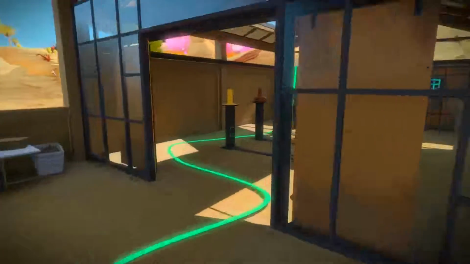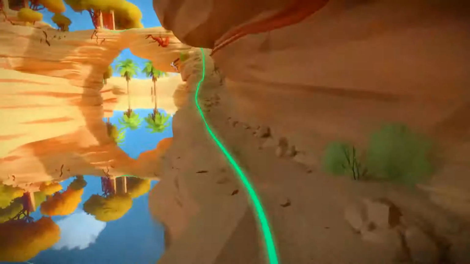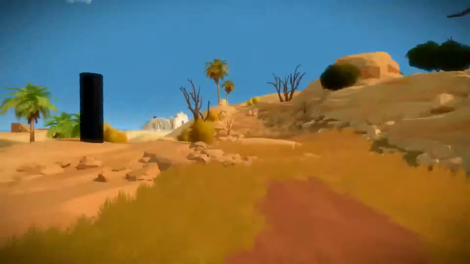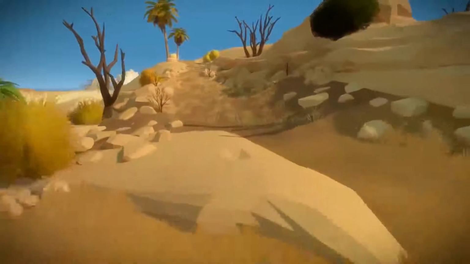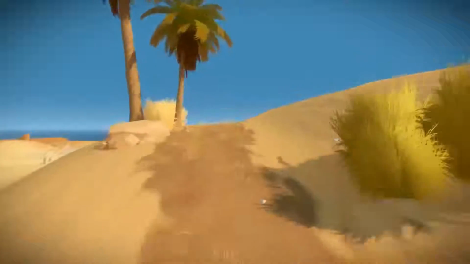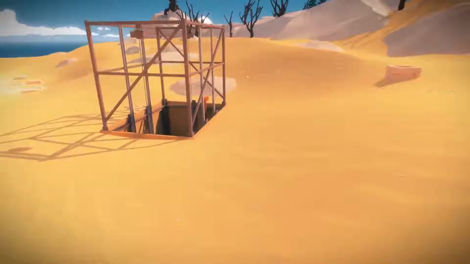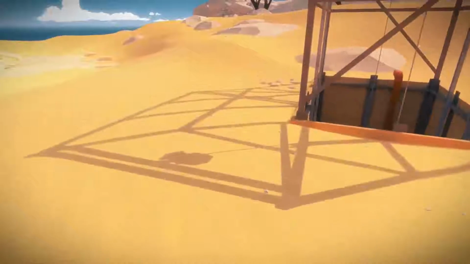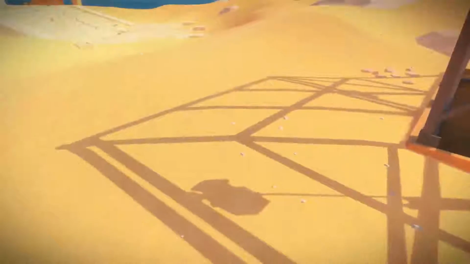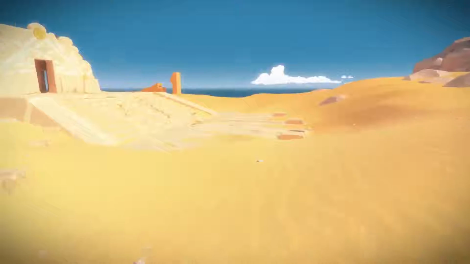But we're going to go over there anyway, and we're going to use the shift key so that we can run very fast. And we're going to look for shadows. We're going to look at shadows. Shadows, yeah. They don't actually mean anything here, I don't think. But, hey, you never know. Shadows are actually fairly clearly delineated in this landscape, so